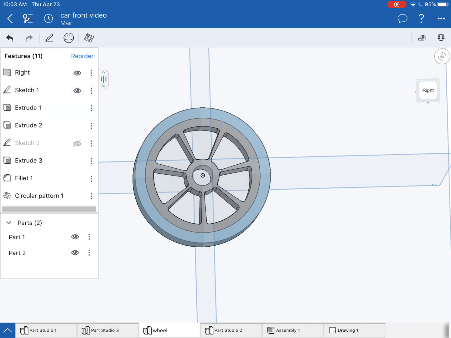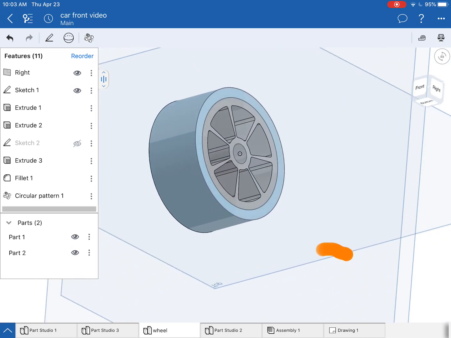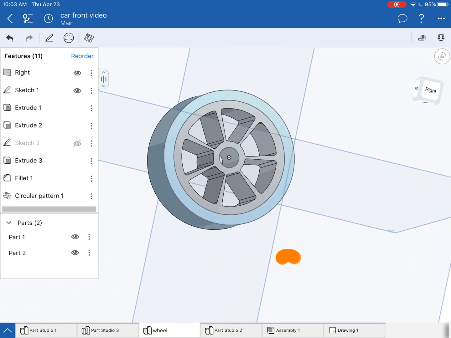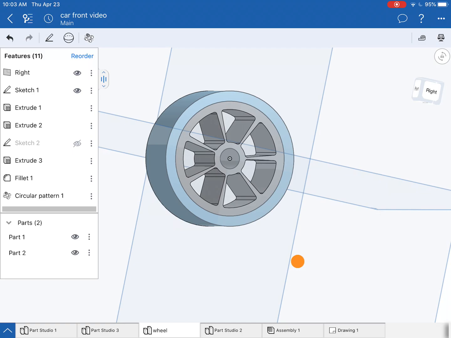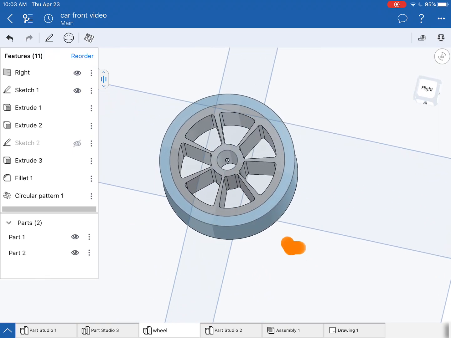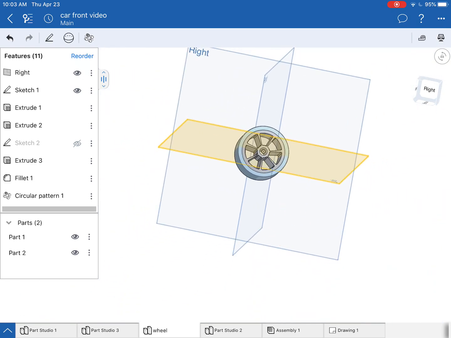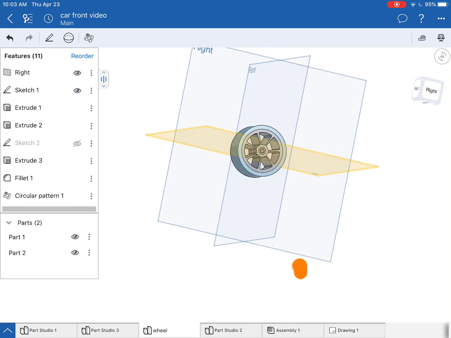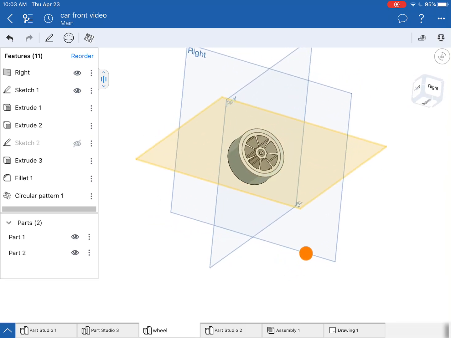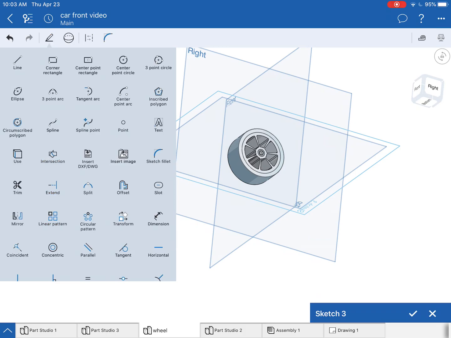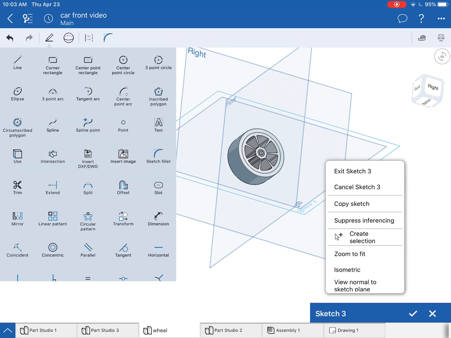All right, so the last thing, you could be done at this point, but the last little thing that I'm going to show you is a way to do a cool cutout on the inside to create a bevel shape. So I'm going to choose one of my side work planes. Okay, so I'm cutting it in half right there. And I'm going to do a sketch on that plane. So 2-finger tap,